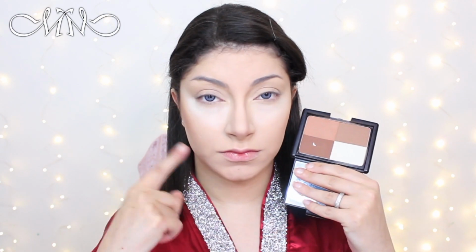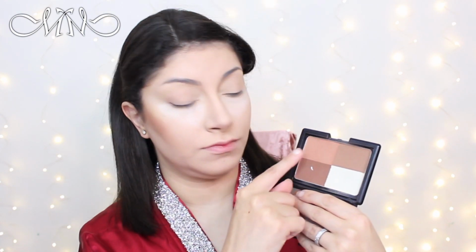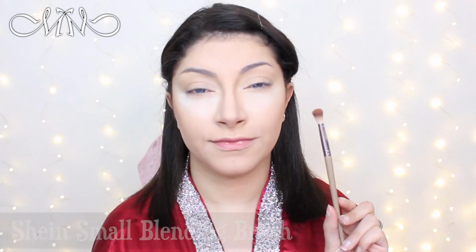So I'm gonna use this palette for the eyeshadow as well. I'm not gonna use any specific eyeshadow. So I'm gonna use these two colors as my main eyeshadow, using the light one and the darker one, and using this brush to apply the eyeshadow. First I'm gonna apply the lighter one on the outer part of my eye and in my crease area as